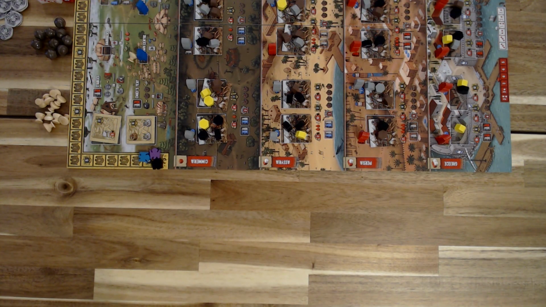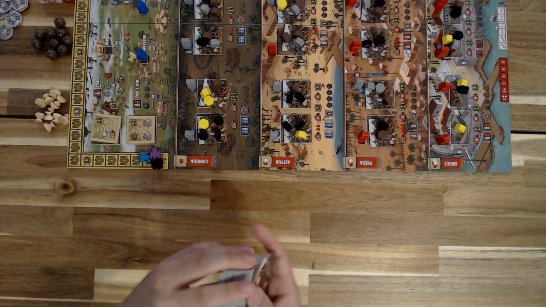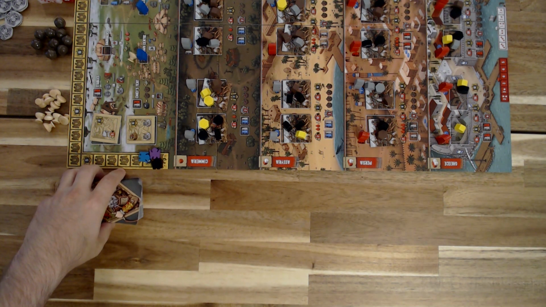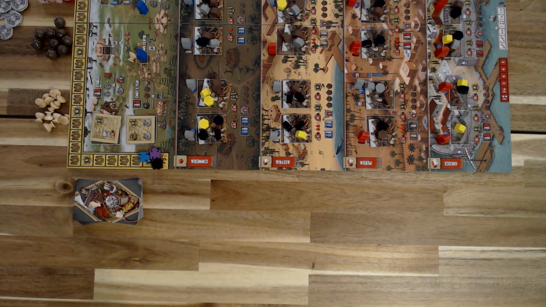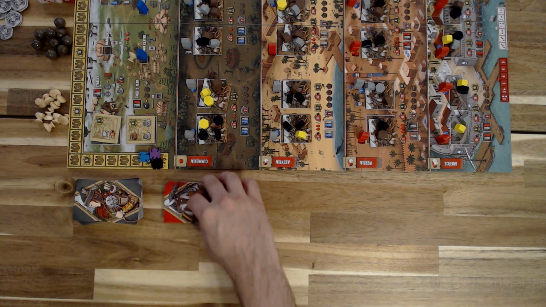Now that the main board and resource area is set up, let's create draw piles. Start with the crew deck, give it a good shuffle, and create a draw area next to the board. Then, take the animal cards, do the same thing, give it a good shuffle, and create a draw pile next